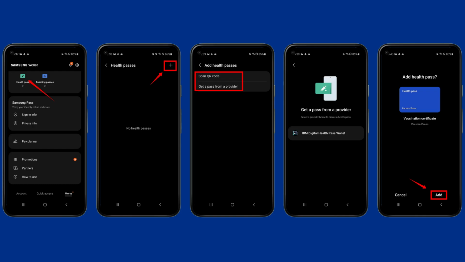Next, you'll have two options. You can either scan a QR code from your vaccination certificate or select to receive a pass from a provider. Right now, the provider option only works with the IBM Digital Health Pass wallet, so most people will probably use